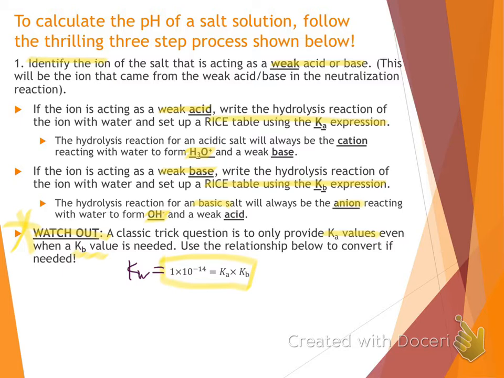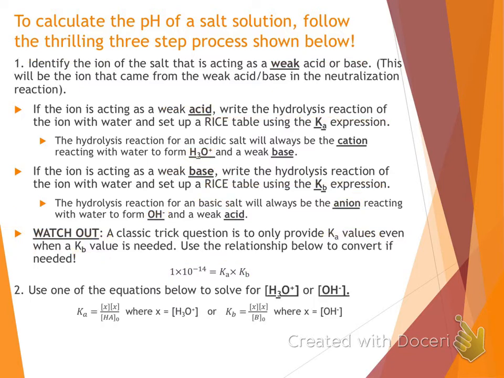So that's going to be step 1, basically figuring out what is our acidic or basic salt and doing that RICE table Ka or Kb expression. From that, we're going to end up finding the H3O+ concentration or OH- concentration, again depending if it's an acidic salt or a basic salt. Acidic salts is going to be our H3O+ concentration that we'll find, and a basic salt will find our OH-